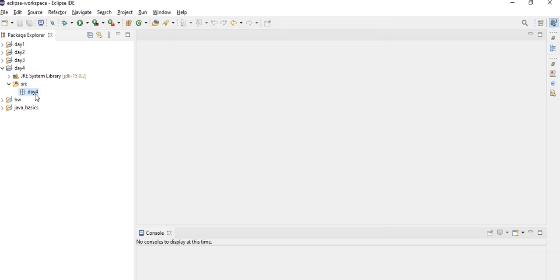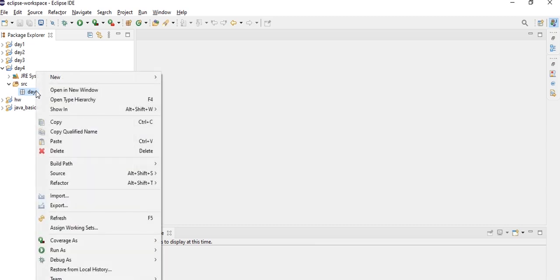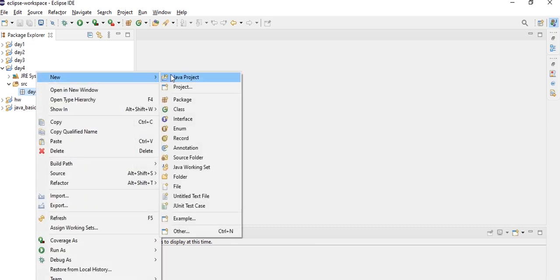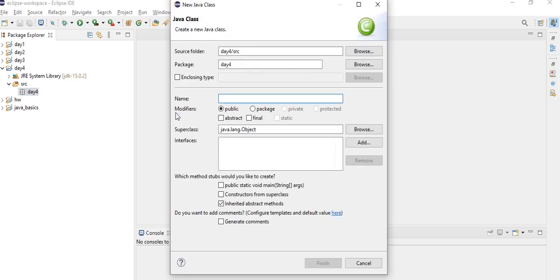And here a package is created, but if we double click on the package, nothing is being displayed, so we have to create a class to write some code. So that's why we are right clicking on the package and selecting new. Then we are selecting a class that is Day4_Homework1.